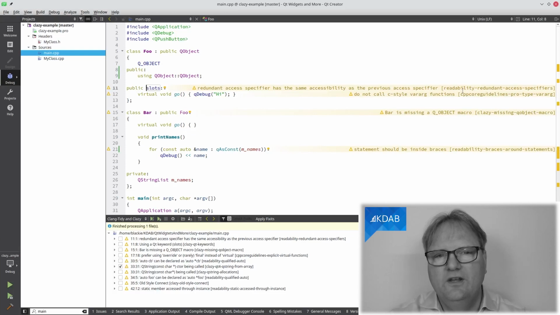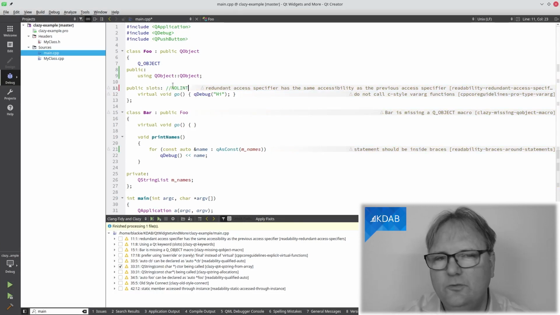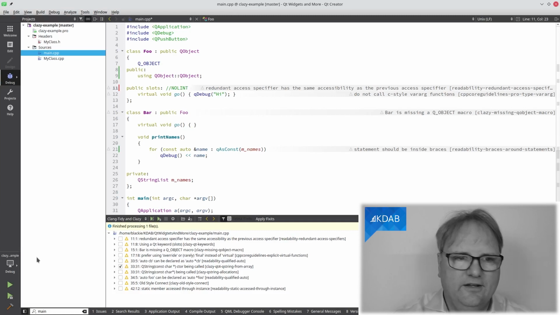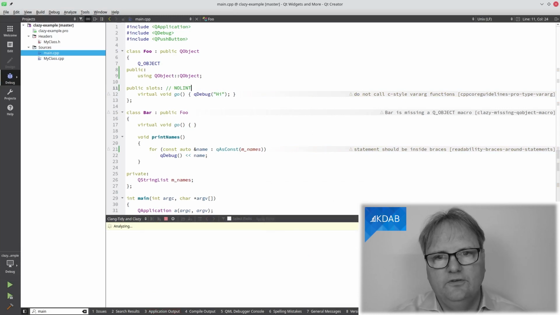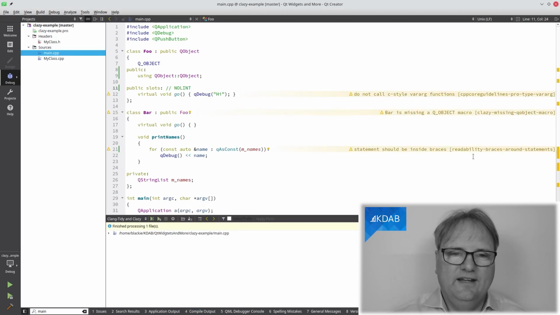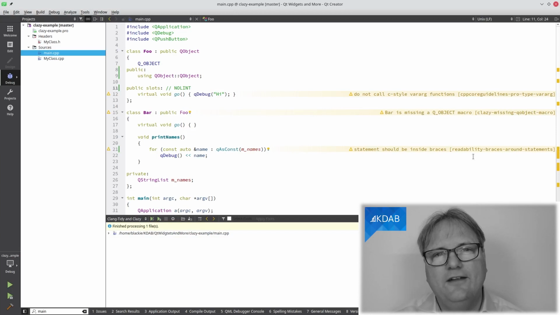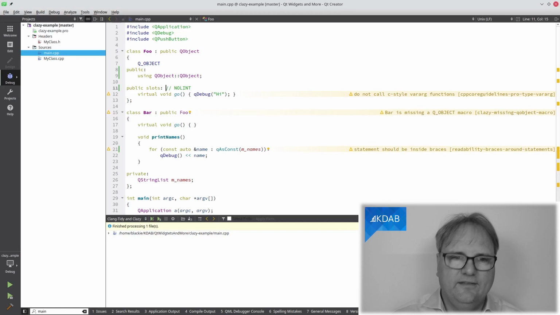But over here we have two that are Clang tidy, and the way that you fix those is by adding something like this: NOLINT, meaning do not test this line here. And if I ran my test again for just this file, you will notice that it stopped complaining about this already over here. The other one is, sometimes it's difficult to get that written on a line, especially if you use Clang format, because then the line will be so long that it starts breaking it into a new line when you add that NOLINT.